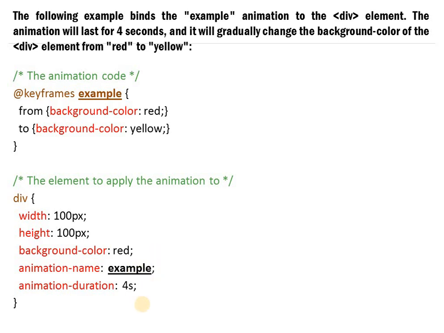And for how long this animation will take to complete, the duration, is 4 seconds. Both properties are implemented in my div tag, that means the HTML tag where I want to apply the animation. Now how is it bound to a particular animation effect?